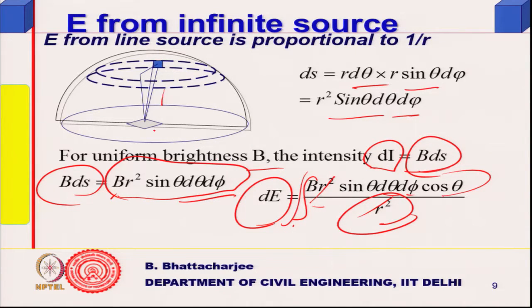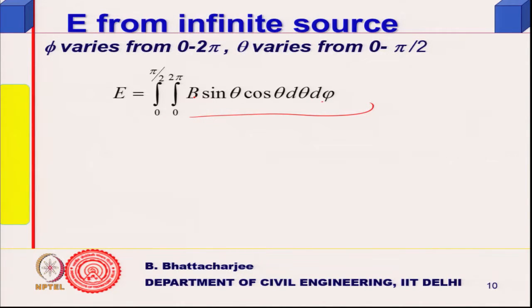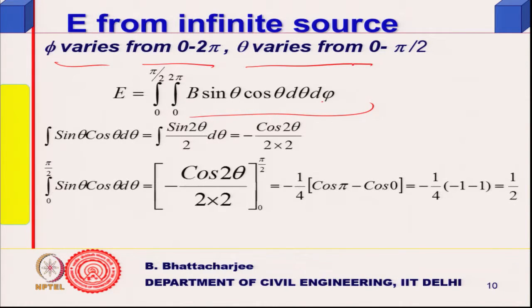and theta will go from where to where? Theta will go from 0 to pi by 2, and phi will go from 0 to 2 pi. Since nothing else depends on phi, I can take out the 2 pi, and I can write it like this, and this will come out very easily. So phi varies from 0 to 2 pi, theta varies from 0 to pi by 2,